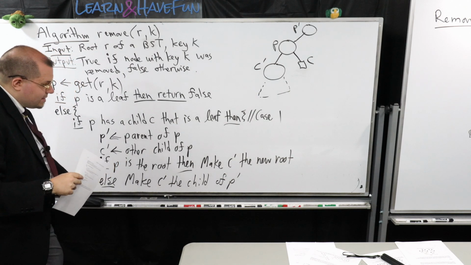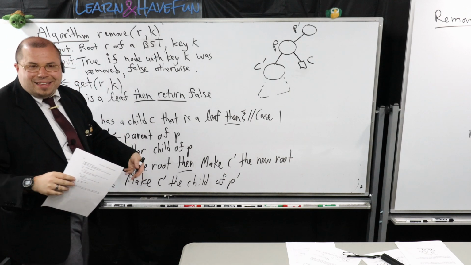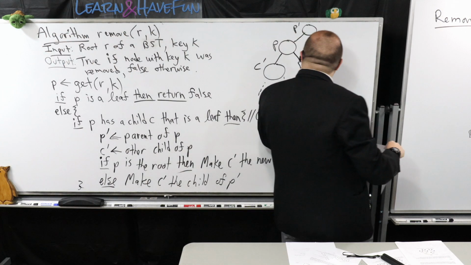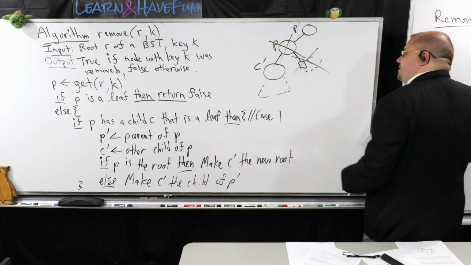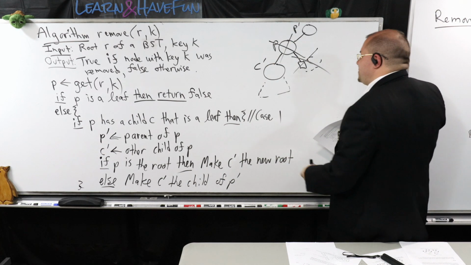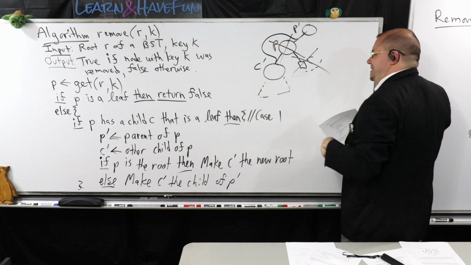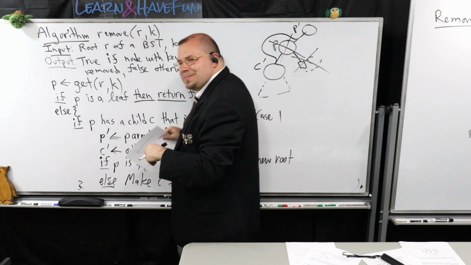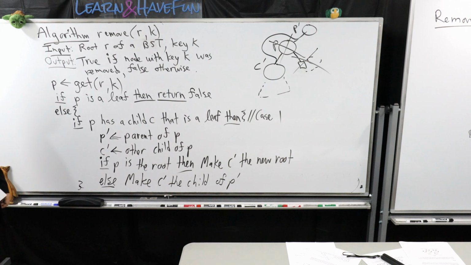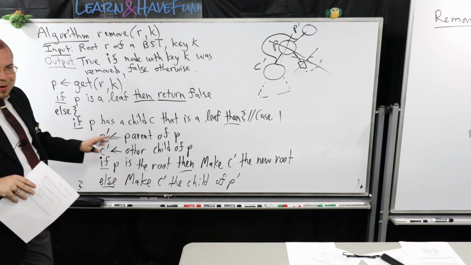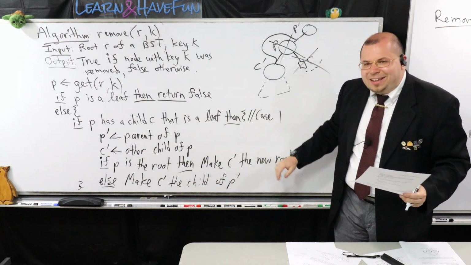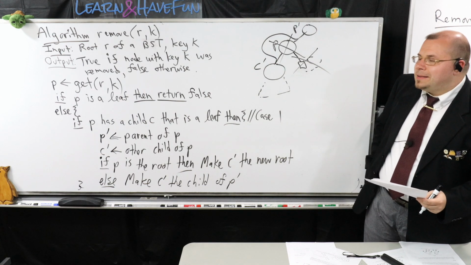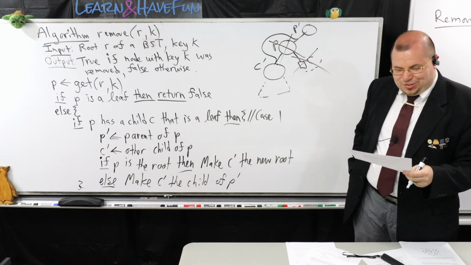And after this step, then you can delete anything you need. So in this case, notice that C can go, so you can get rid of C. You can also get rid of P, right? After this is done. Because remember, at this stage, it looks like this. So is that clear, everybody? So that's case one. So this is the one where we said that removals are pretty easy. I will tell you that usually this is the one that you have to be careful when you're implementing it. But as soon as you get it right, it's so worth it.